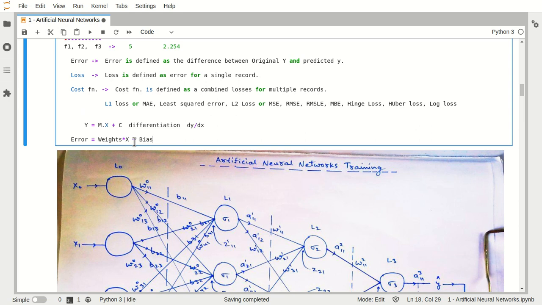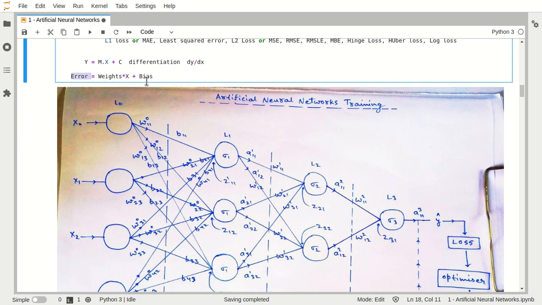Now we can say that this y value is dependent upon x. It is true, right? Similarly, in that sequence, this y is also dependent upon m and also dependent upon c, right? Because if we change the value of m or c, this value is going to fluctuate. It will change, right? Right, guys? Yeah. In a similar way, this error will be dependent upon the weights as well as the bias. Again, it will be dependent upon the x, it is true, but here weights and bias are